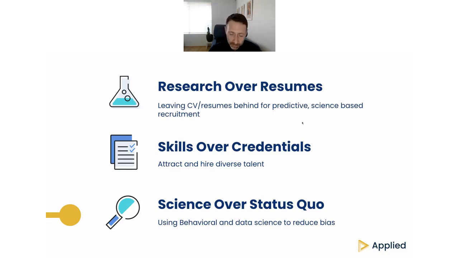Secondly, we look at skills over credentials. So one of the big philosophical differences about Applied is that we're testing on someone's ability to do the job by testing their skills, rather than just looking for something historical or which school they went to, whether they've done the job before or had a similar job title, or even came from a competitor whose